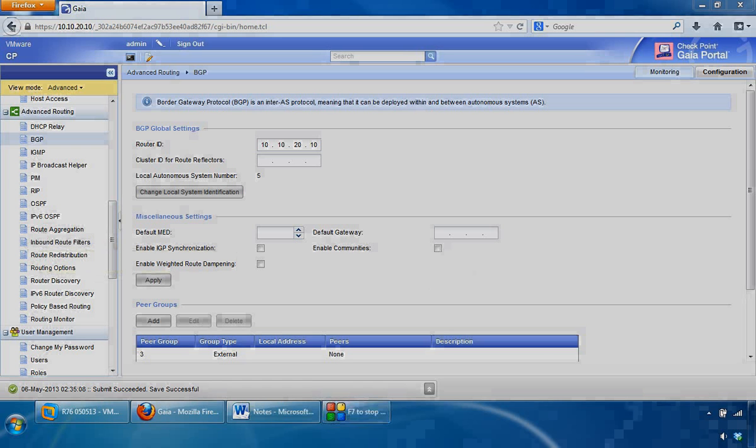Enable weighted route dampening. This is route dampening which lessens the propagation of flapping routes. So a flapping route is a route that repeatedly becomes available then unavailable. And the next